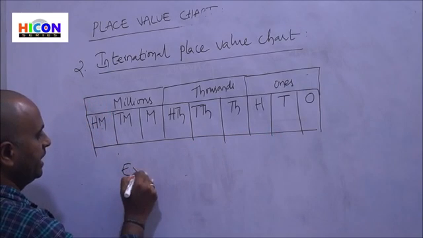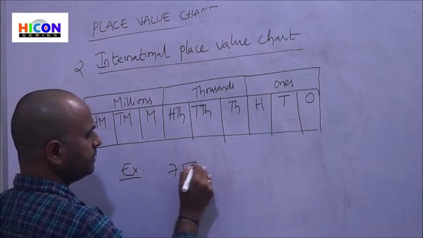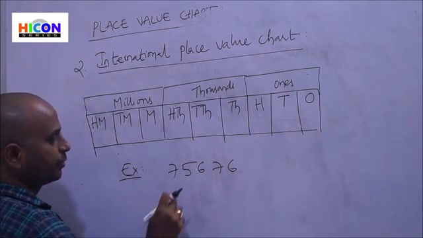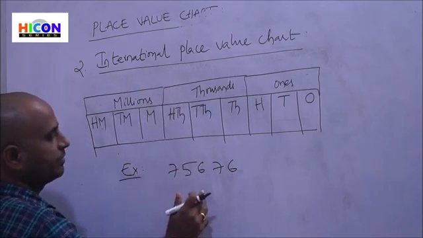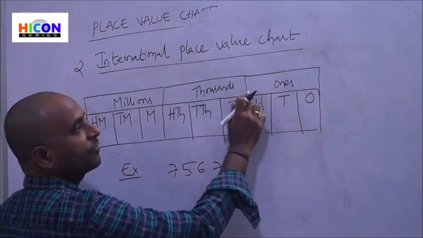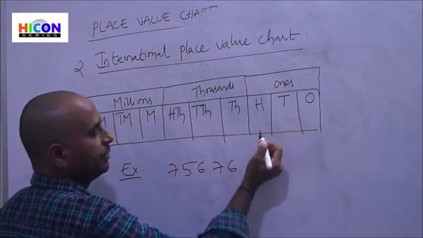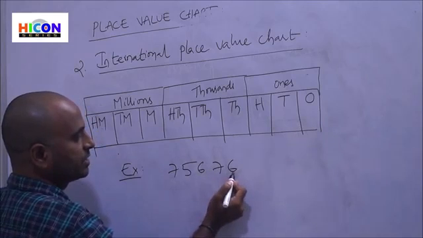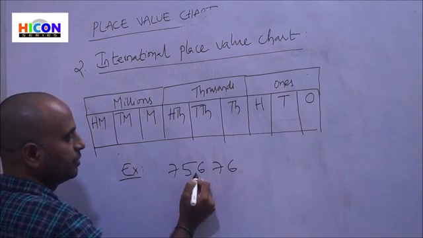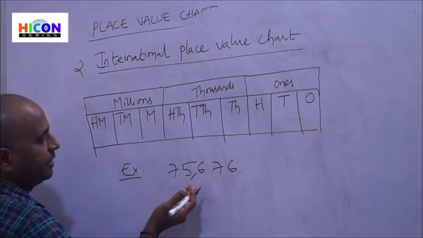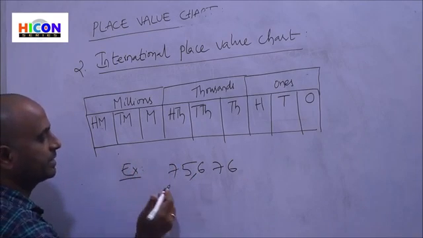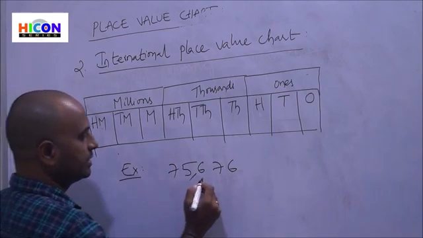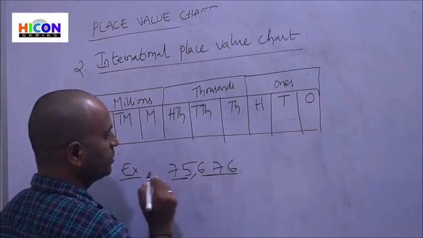For example, they have given a number like this. This is a 5-digit number. We have to put commas according to the international place value chart. We put the first comma after the ones period. In the ones period, there are 3 places, so the first comma should be placed after 3 places, 1, 2, 3, that is ones place, tens place, hundreds place. The next comma should be placed after 3 more places, but there are only 2 places, so there is no need to put a second comma. So this is the ones period, and this is the thousands period.